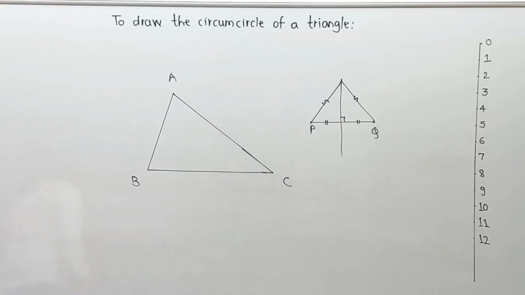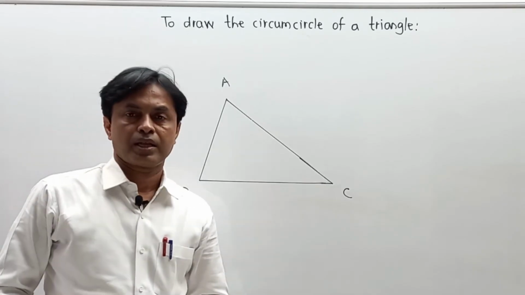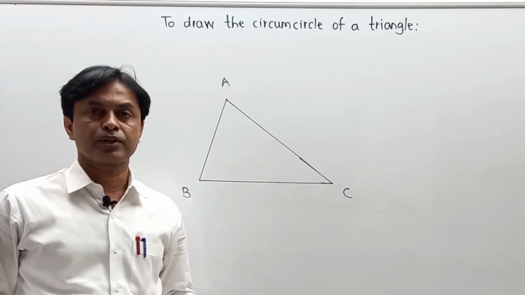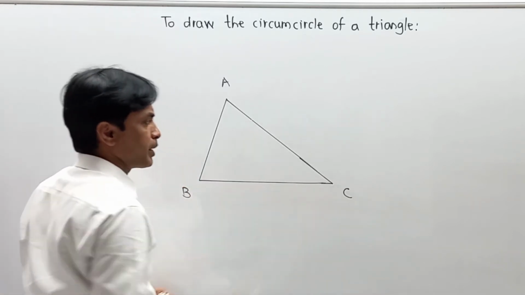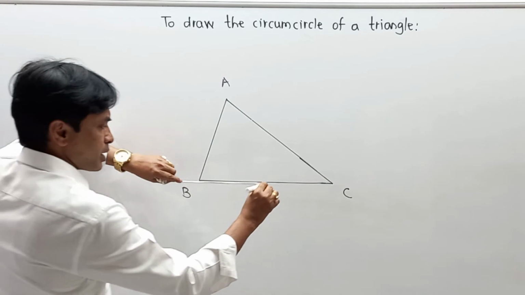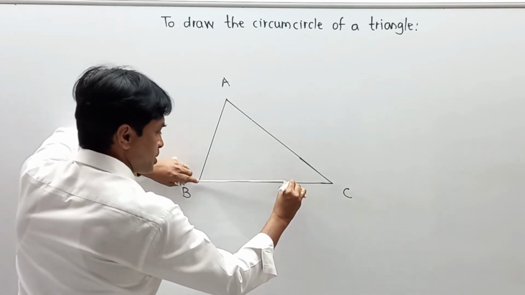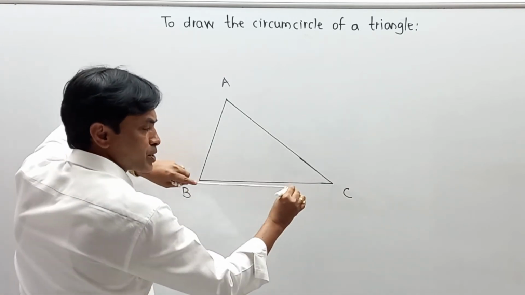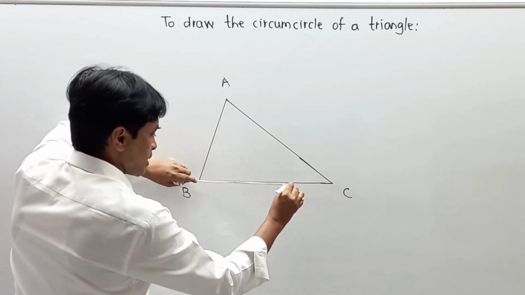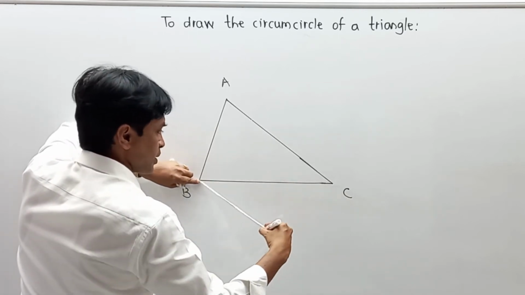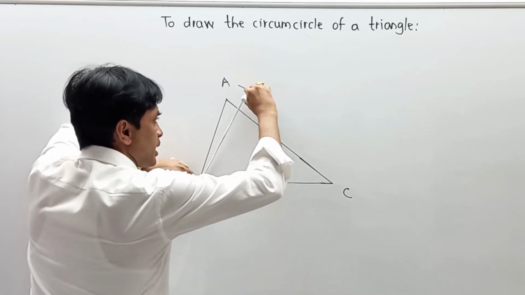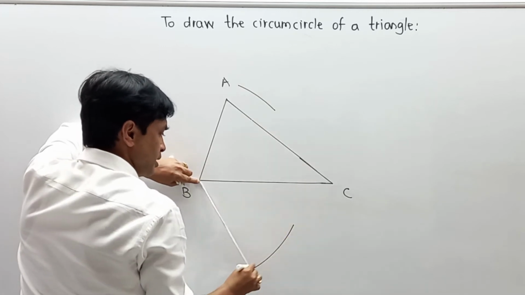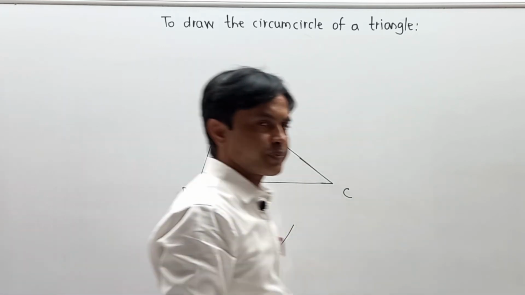Now here we are going to start the actual construction, so please pay attention. Now one by one, again with the help of the rounder, you are going to complete the process, and first of all I have decided to draw the perpendicular bisector on BC. So here in the rounder I am going to take a distance for BC more than half. This BC, if I say 16 centimeter, then I will take more than 8 centimeter over here. First of all, in the rounder I am going to take a distance more than half, and make my first arc, my second arc, which is definitely outside the diagram.